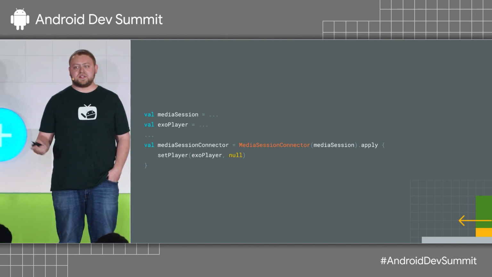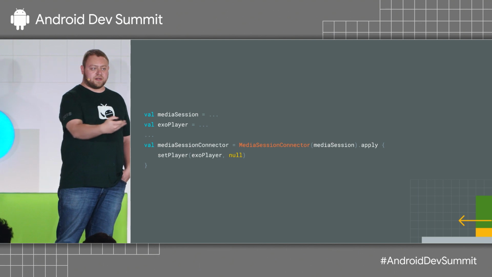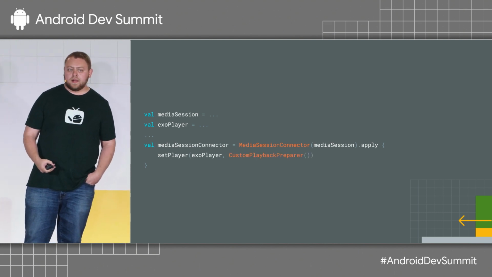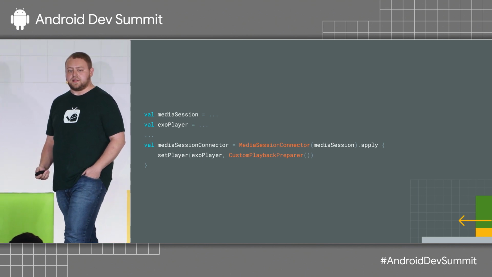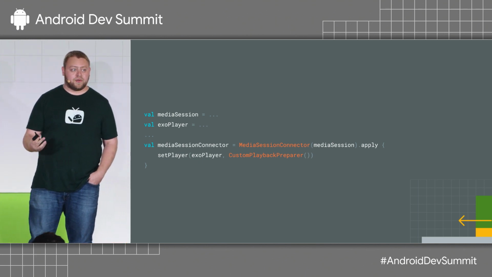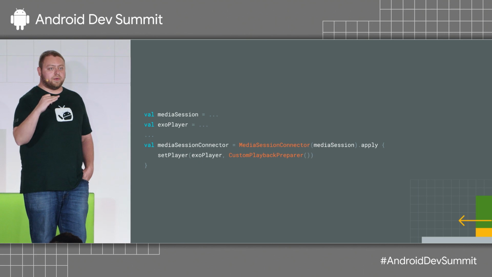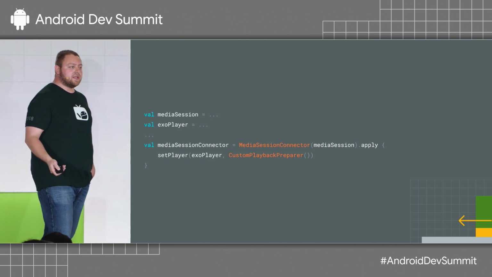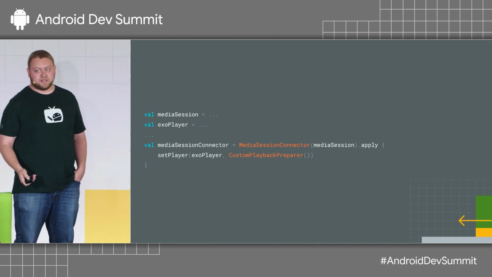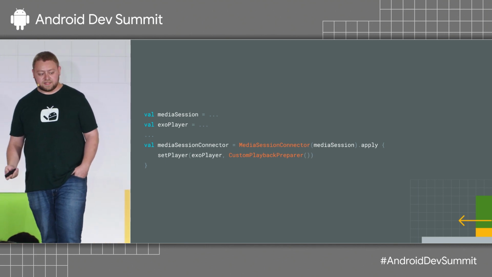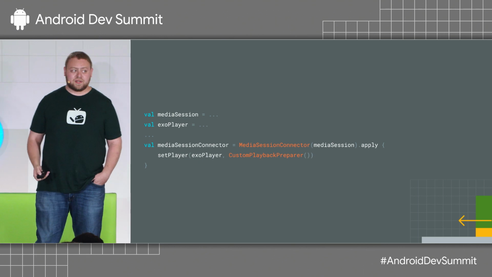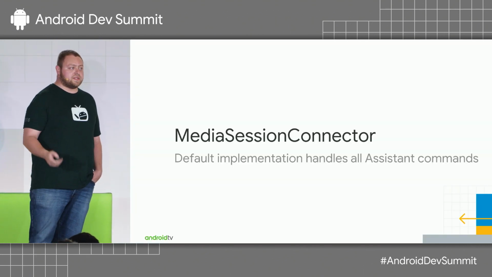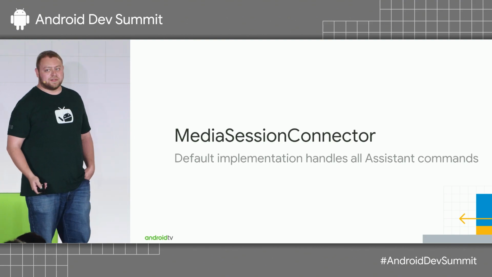In this example, we are saying set player, and then null. You can set a custom playback preparer. There's other customizations you can do as well. So if you're a music app and you have a custom playlist and you want to set a different order for how the songs go through the queue, you can set a custom queuing mechanism on the extension. That's it. 3 wonderful lines of code, and assistant's already taken care of for you. All of the default behavior you expect, done.